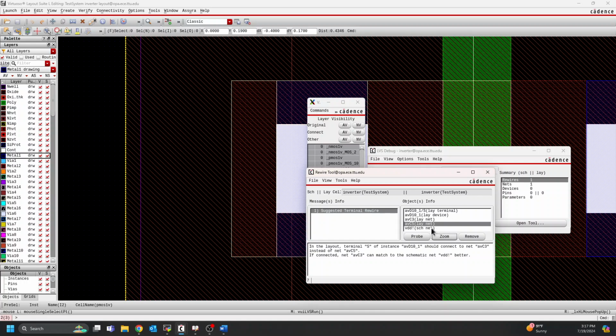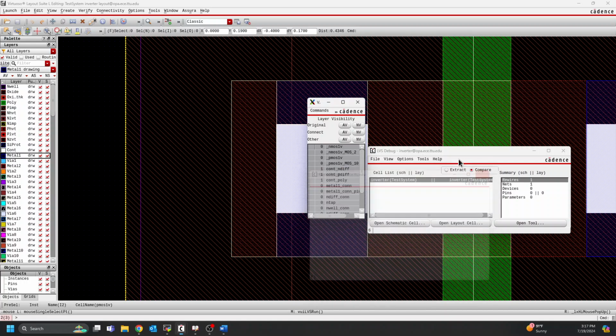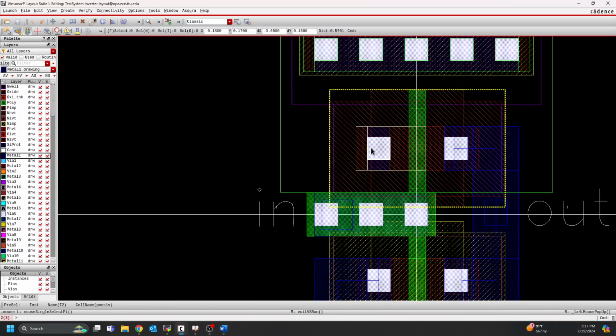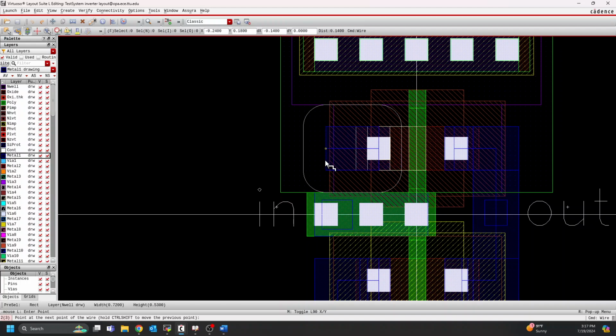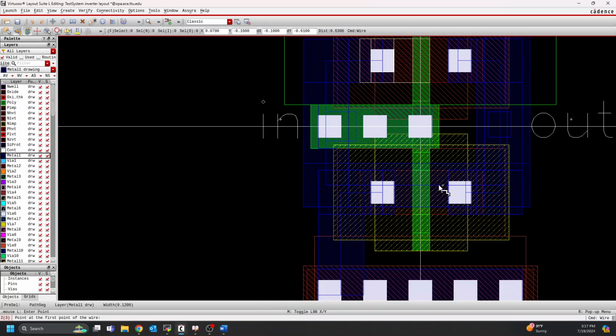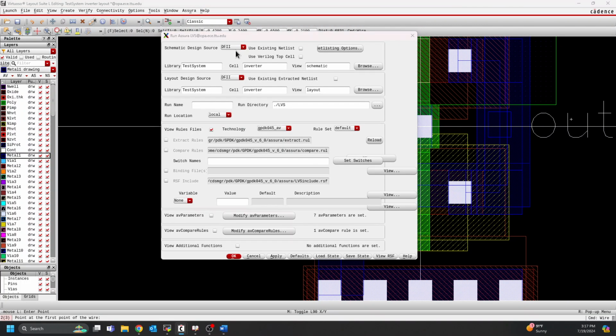So you can use this in order to figure out where exactly you're missing a connection or where maybe you've made a short circuit. So for example, if I try to take a really convoluted route here, draw a path from this source down here, I'm pretty much shorting out a lot of stuff, right? I'm shorting out a lot of stuff and that's not going to be good at all. So now if we run LVS again,